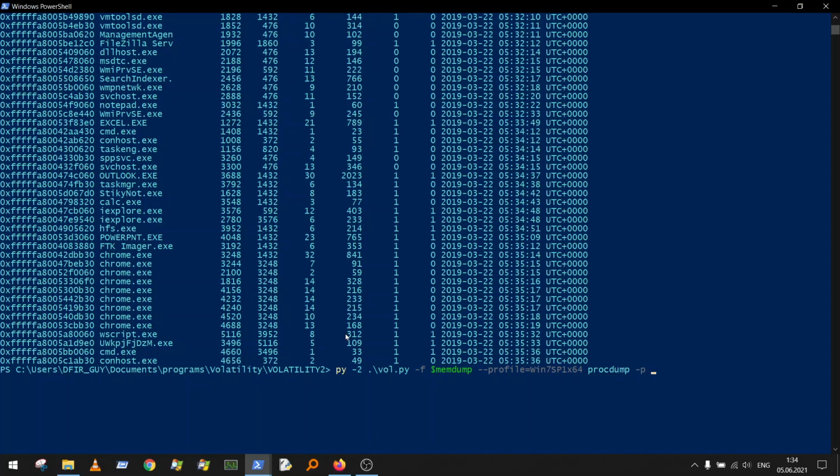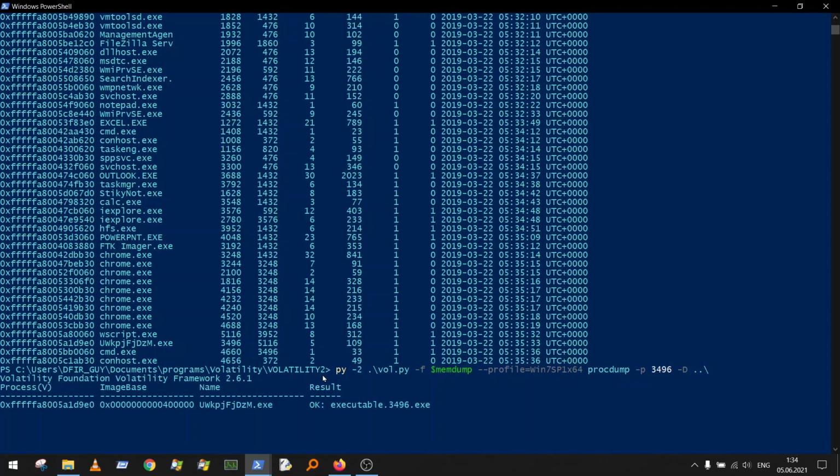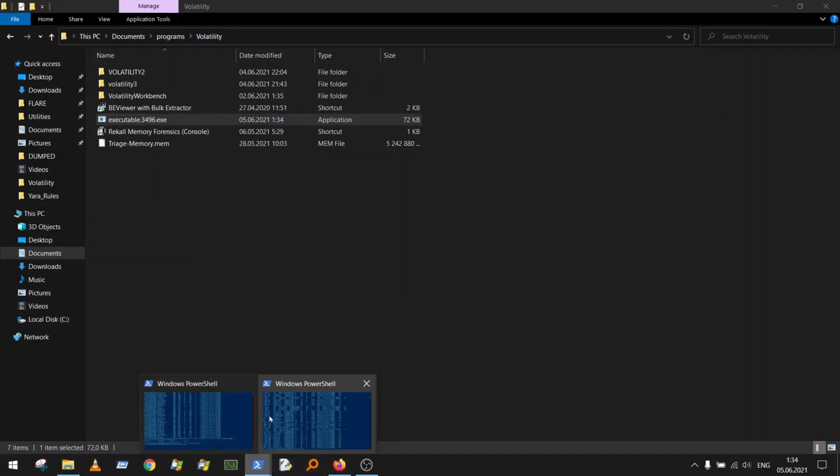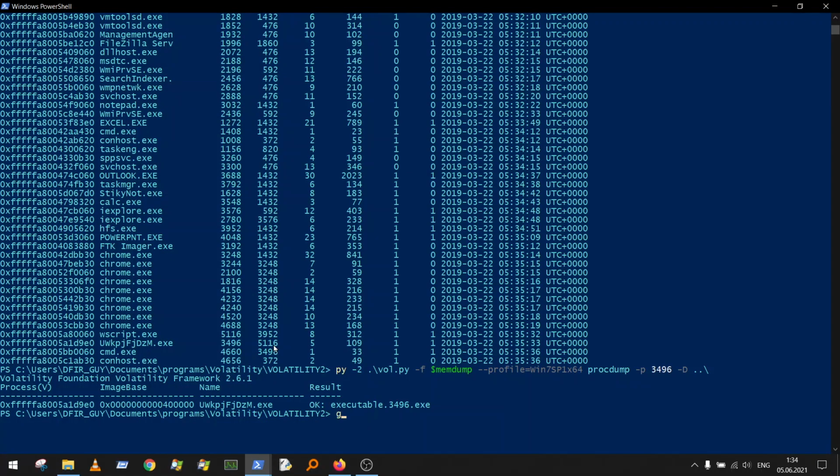plugin, pid this one, and -D as a dump directory, dot. And it's done. We dumped the process with procdump, and if you check it, it's here. And if you calculate the file hash, Get-FileHash